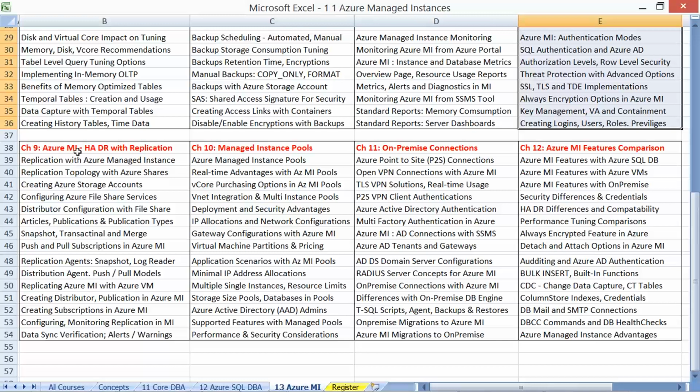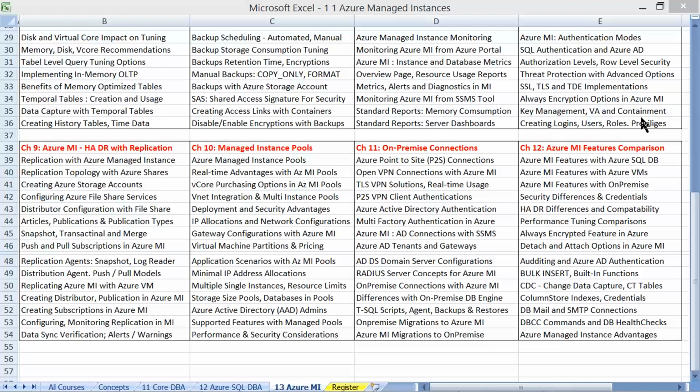Then we shall continue to understand about replications, instance pools, collection of clustered components in managed instance configurations, on-premise connections, and Azure Managed Instance versus SQL database in Azure, PaaS, logical server, Azure Managed Instance with Azure Virtual Machines, and Azure Managed Instance with on-premise comparisons and TSQL differences. Finally comes the conclusion.